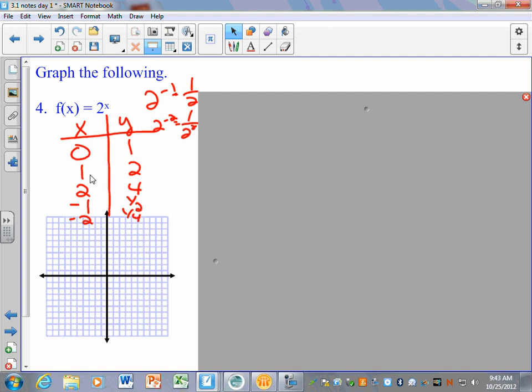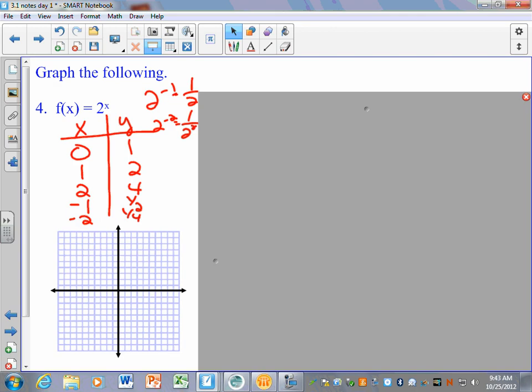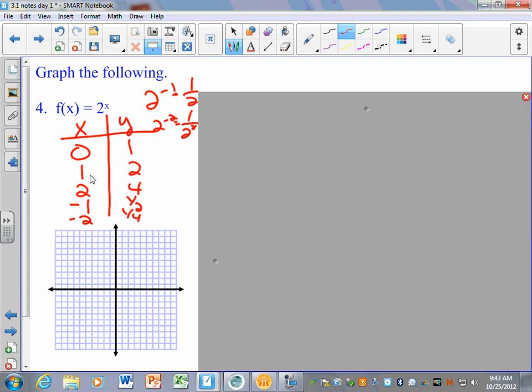So as we graph these, hopefully you're going to realize that there's this nice pattern happening. My graph's really small, but 0, 1, that's my y-intercept. 1, 2, 2, 4. I'm going to go ahead and say 3, 8. And then as I go back, I'm going to keep getting smaller and smaller. I'm going to get 1/2, 1/4, 1/8, 1/16. And it's going to keep getting really, really small, but it's never actually going to give me a y value